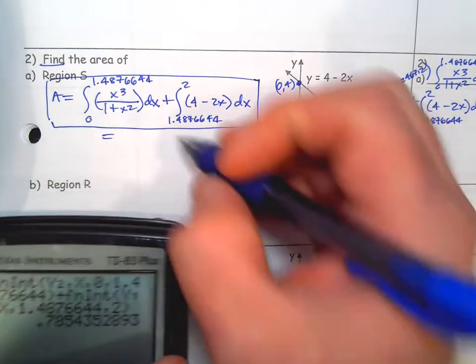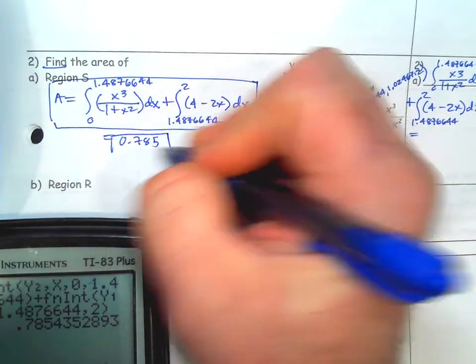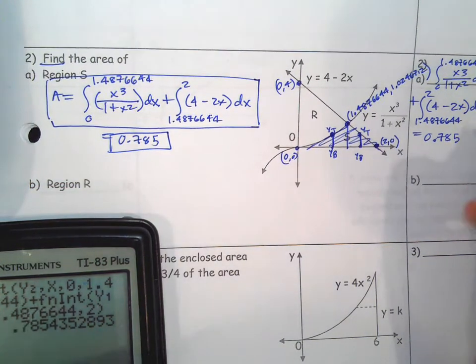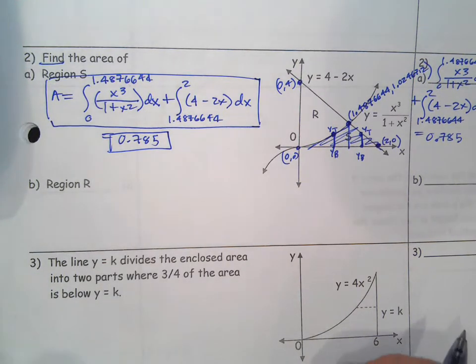And that is the correct answer, 0.785, rounded or truncated to 3 decimals. Actually, I need 3 decimals only for your final answers. Rounded or truncated. In the middle of your work, you need more than 3 decimals. Region R,